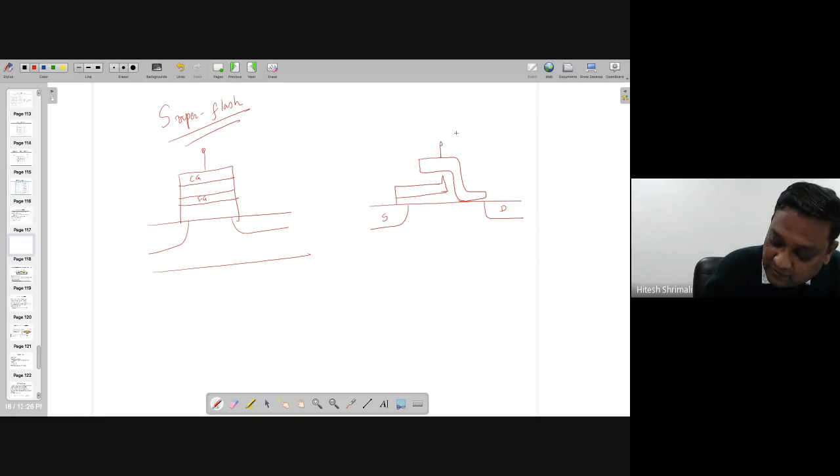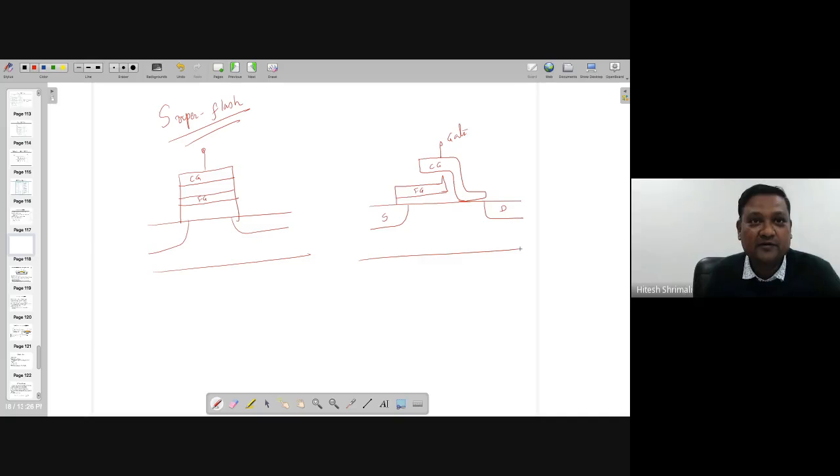something like this, where there is a normal gate, so this will be acting as a control gate, this will be acting as a floating gate, and these will be source and drain. When you are doing this, the best part of this memory is you don't have to go to such a high voltage, because earlier you were giving such a high voltage, 15 volt, so that because of GCR you are getting something like 9 volt and then it keeps going down, right? But in this case, you can do it with the standard VDD, which is like 1.8 volt or whatever the supply voltage is, because there is a direct connection also,